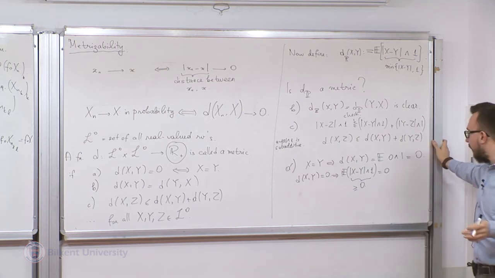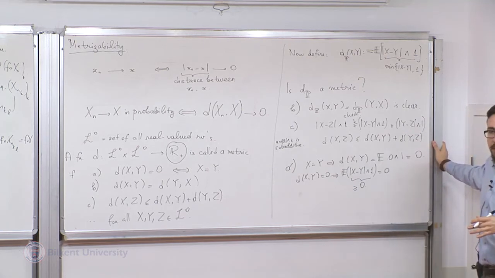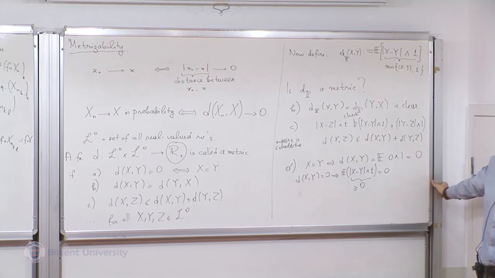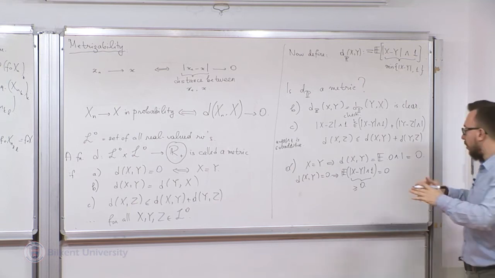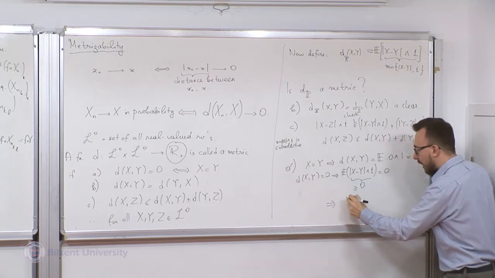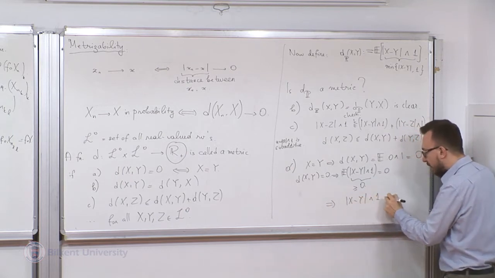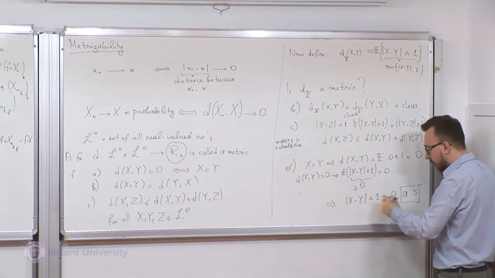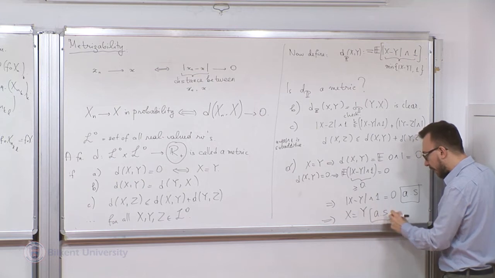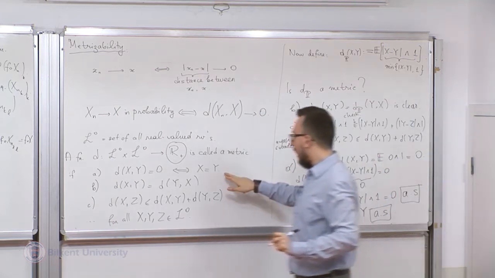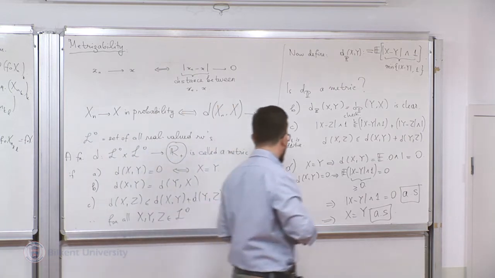So if you have a positive random variable whose expectation is 0, what can you say about that random variable? If you have a positive function whose integral is 0, what can you say about that function? The function must be 0 almost everywhere, or here almost surely. So the minimum of |x minus y| and 1 is 0 almost surely. So from this, you can conclude that x and y are equal almost surely. That's why A fails, and I called it A prime.